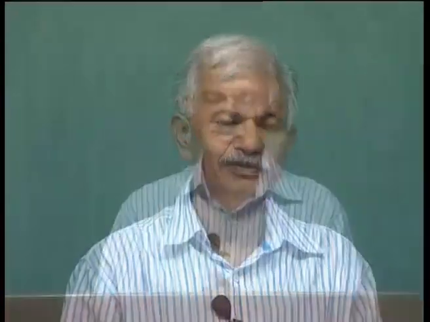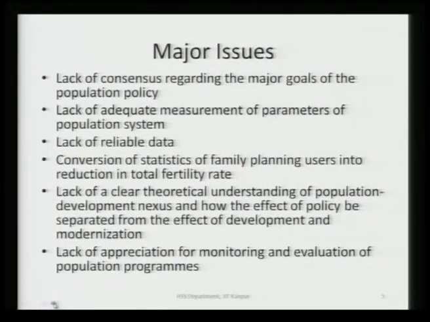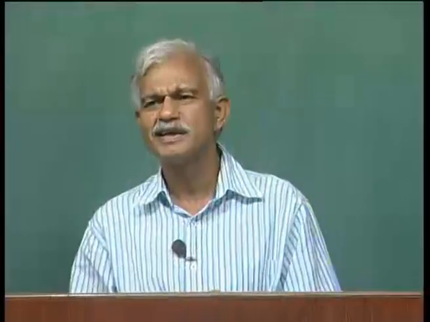Then, lack of reliable data is another problem. Today gradually we are learning to collect reliable data on different aspects of population parameters, but we cannot say that we have reliable data on everything. For example, we may have reliable data on birth rate. Our sample registration scheme data may be quite okay, but we do not have reliable data on maternal mortality ratio. There are certain parameters on which we have reliable data, but we do not have reliable data on unemployment. There are many things on which we are still not able to produce reliable data. Some people may even doubt the validity of the figures of couple protection rate, because much of it is from female sterilization, and there are cases of fabrication, cooking up of data due to targets in the family planning program at the grassroots level. Such things are reported